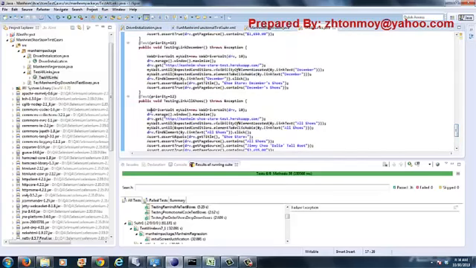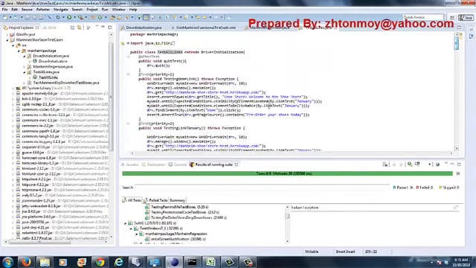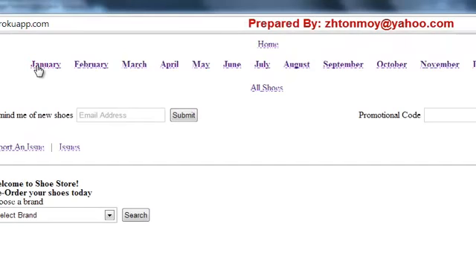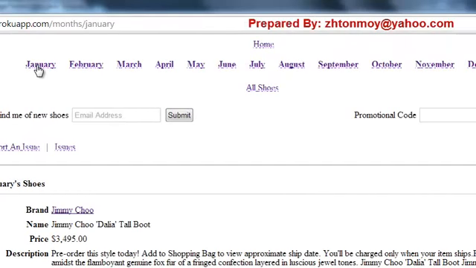I have around 14 test cases here to check all of the links. Again, I have inherited the driver initialization class to get the driver characteristics. There is a link called home link, and suppose there is a link called January. When I click on January, what I did, first of all, I